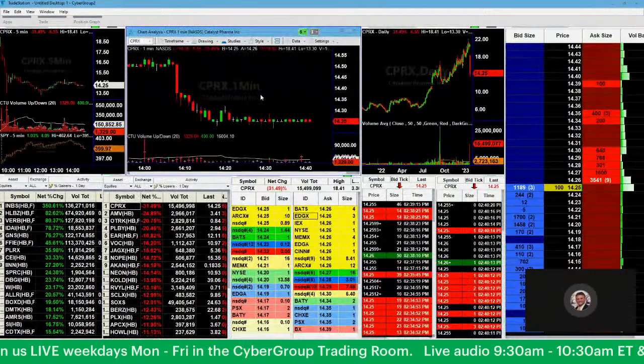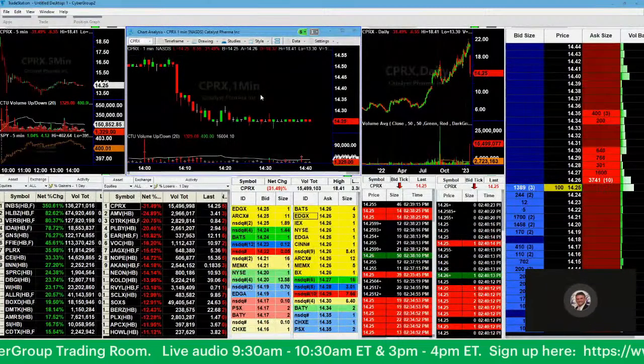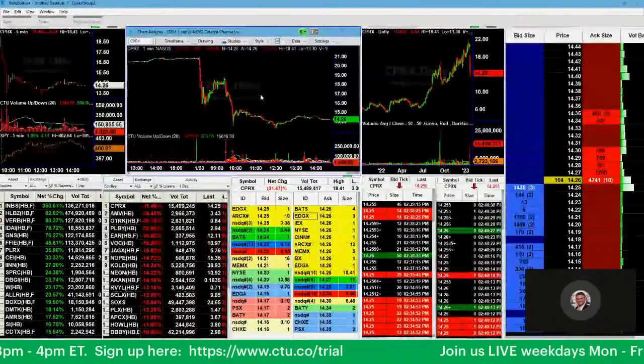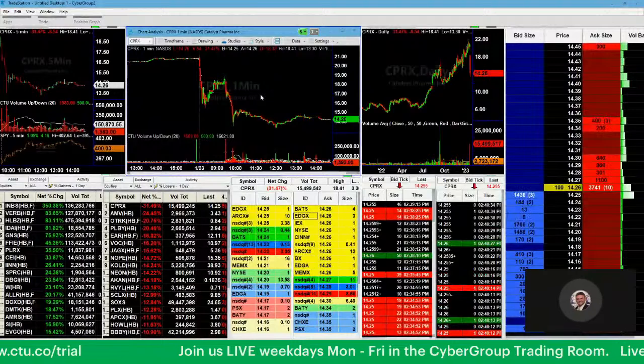CPRX, I think I put this on the main list, but kind of at the bottom, or if anything, it was on like the pre-market list, right? Yeah, it was on the morning one. So, it dropped off early in pre-market. It bounced back up temporarily. I had a good feel it was going to pull back, but I was a lot more inclined to follow